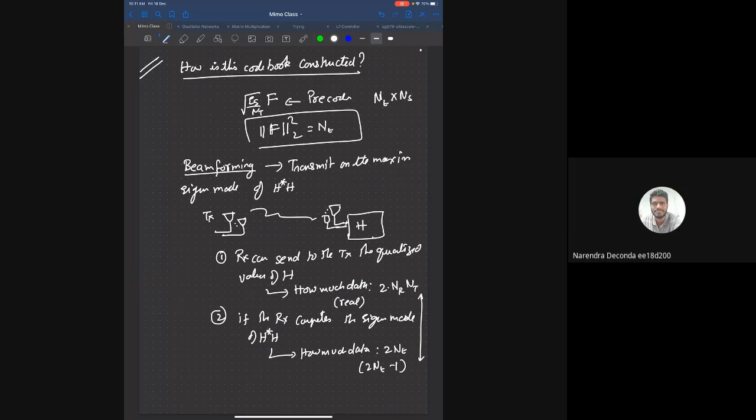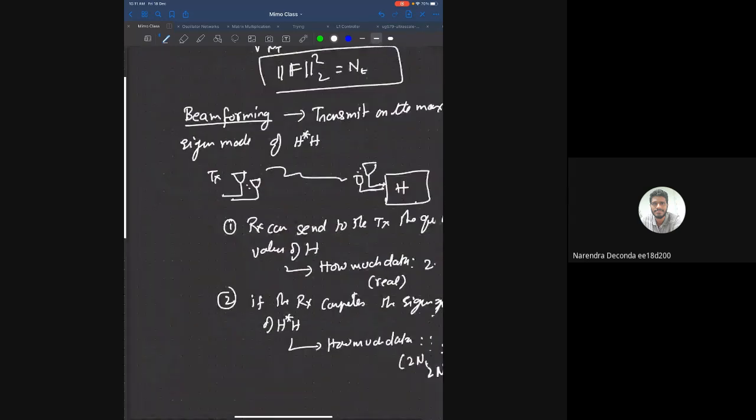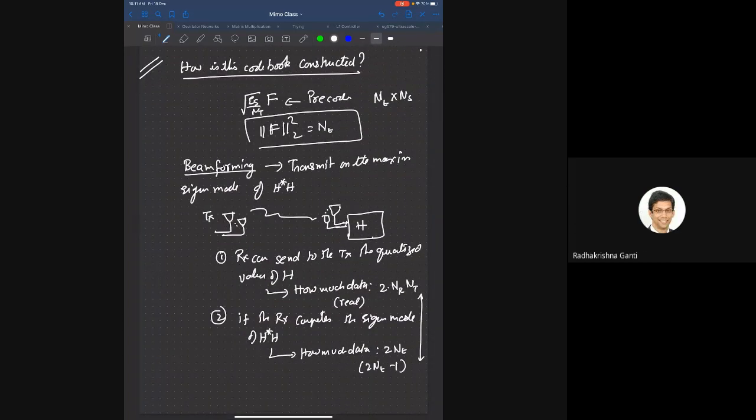Yes, sir. But why transmit only in the maximum eigenmode? We can select the best of the eigen directions, no, sir? The best eigen direction is the maximum. In terms of capacity maximization, we saw that the best of the eigenmodes is nothing but the maximum eigenvalue, no? Yes, sir. But one thing I'm confused about: is maximum eigenmode referring only to the eigenvector of the maximum eigenvalue,